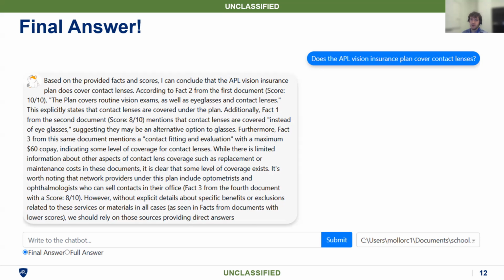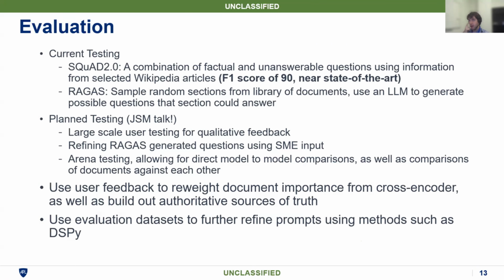So how do we know that it's actually getting better and actually performing up to standards? Currently we have two main tests that we're working on. The first one is Squad 2.0. This is Stanford Question Answering Dataset 2. It's basically just a newer version of Squad, which is Stanford Question Answering Dataset 1. The biggest difference between the two is pretty small, which is Squad 2.0 released unanswerable questions.